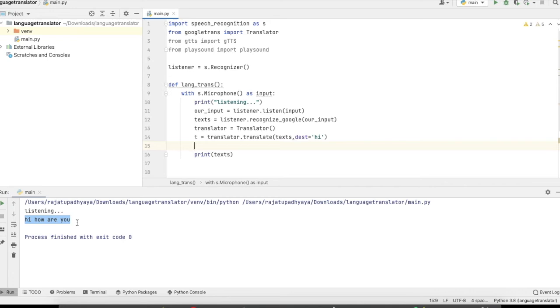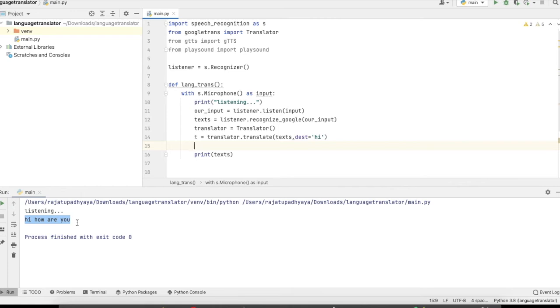But here we are converting our language into Hindi. So in that case, that text to speech library has some issue, it will not speak that Hindi sentence. So for resolving that issue only, I am going to use Google Text to Speech.